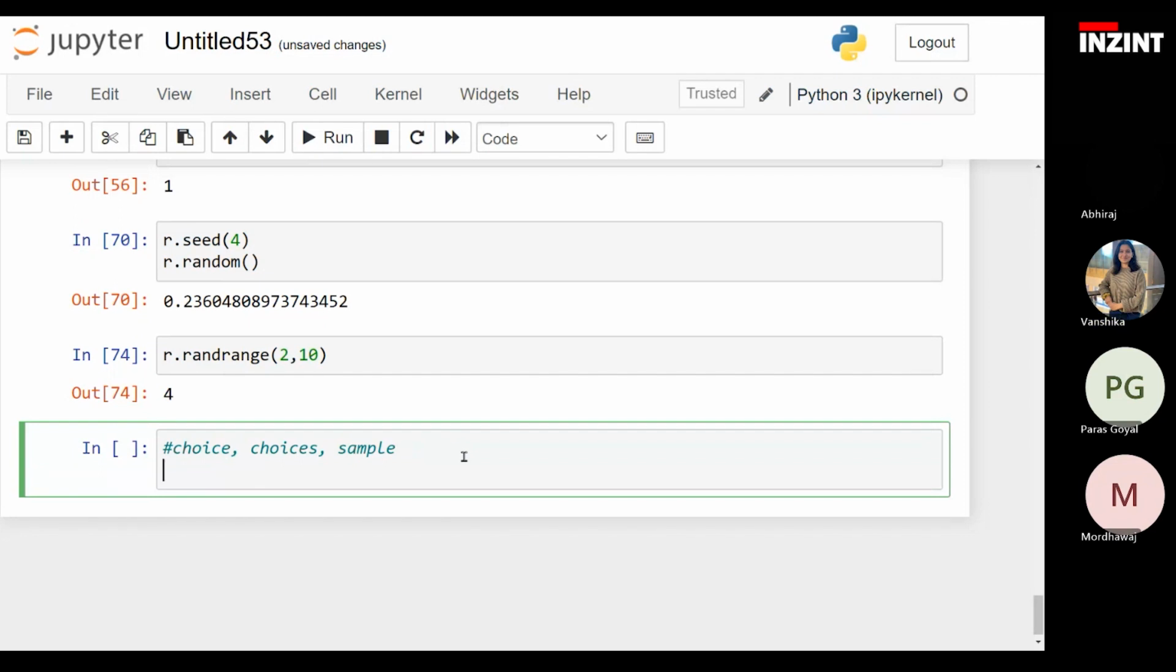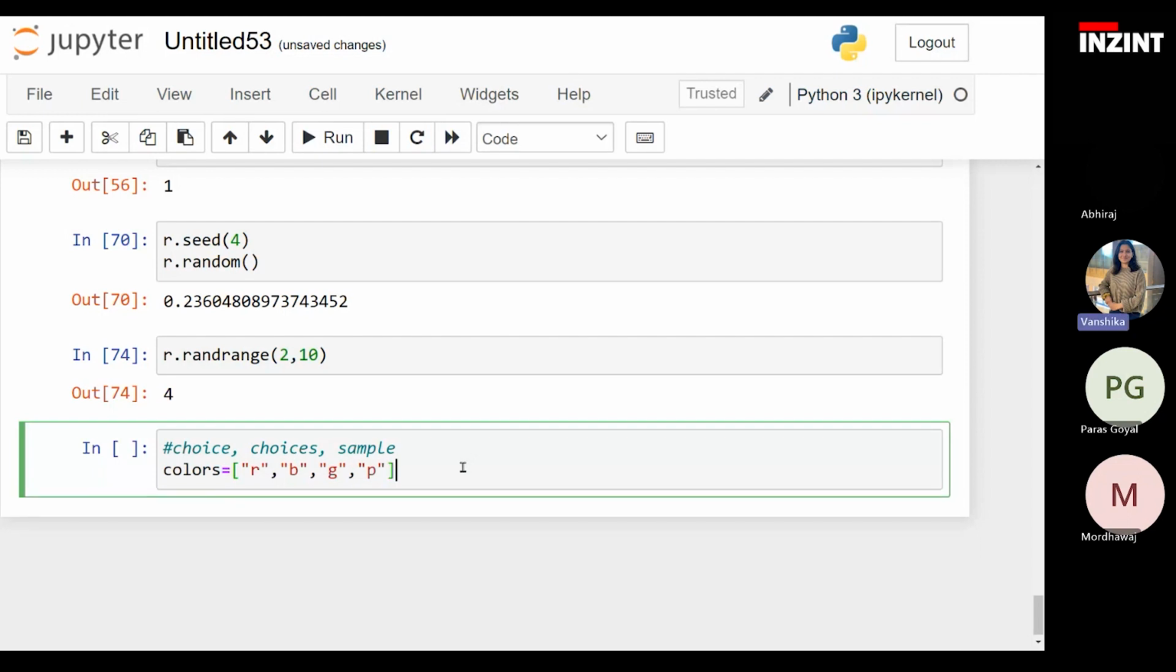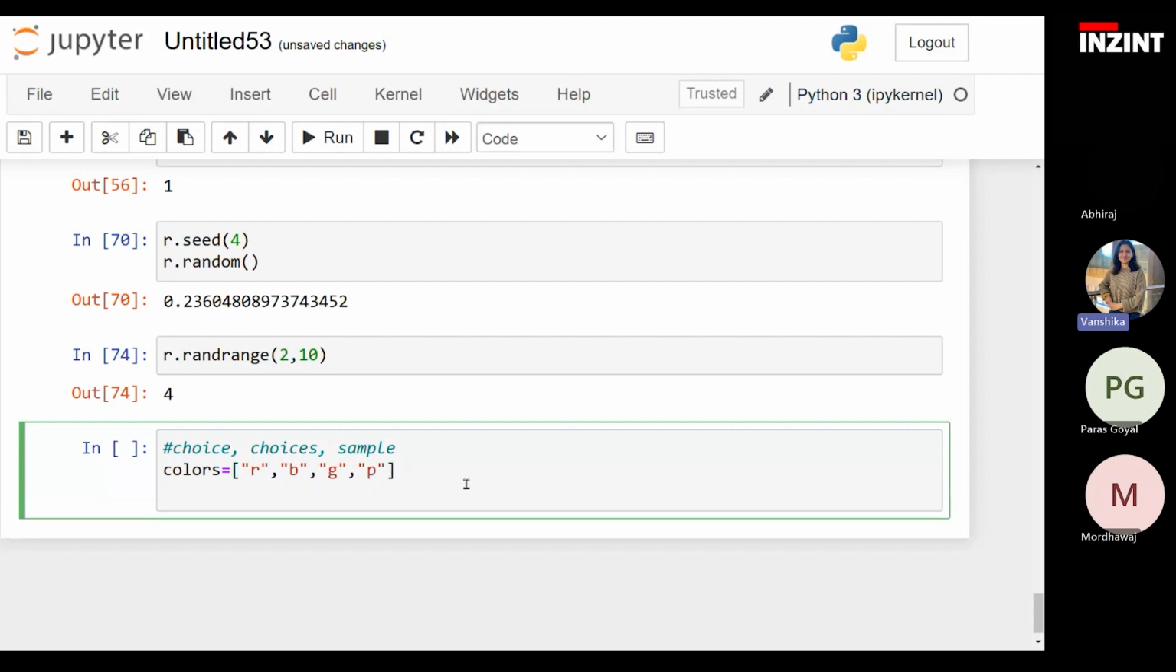We had a list, I guess. Let's declare another one. So I am declaring a list of colors, and I am using some color codes here. Now what I want to do is choose an element from this list at random. So you can use the choice function